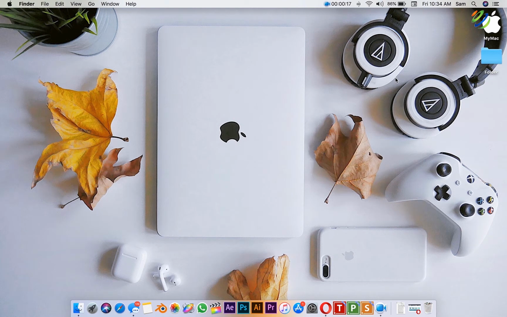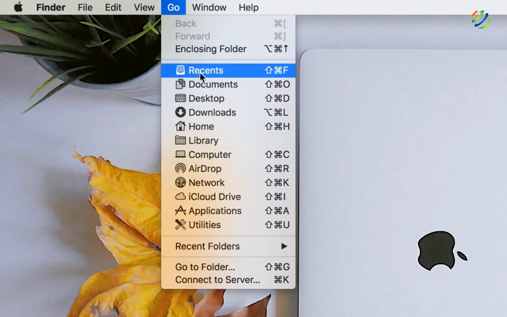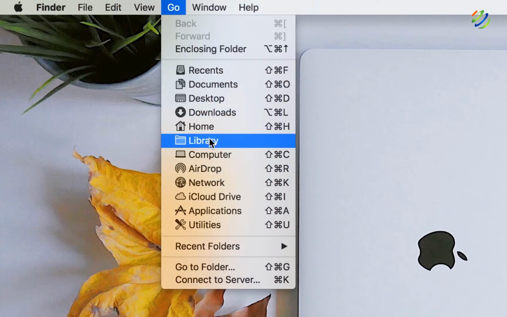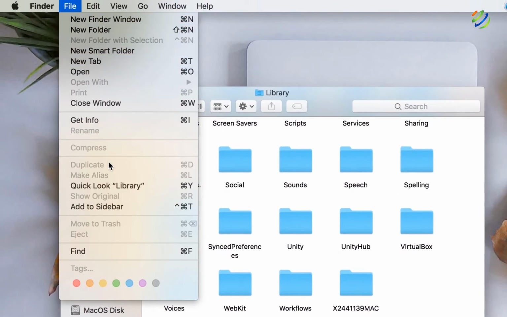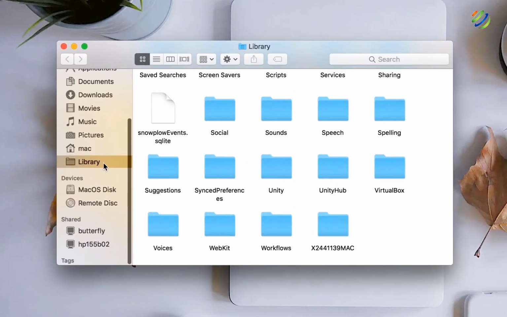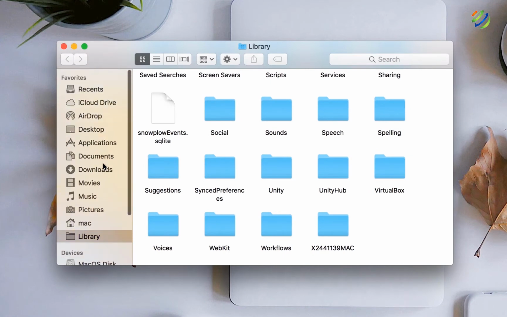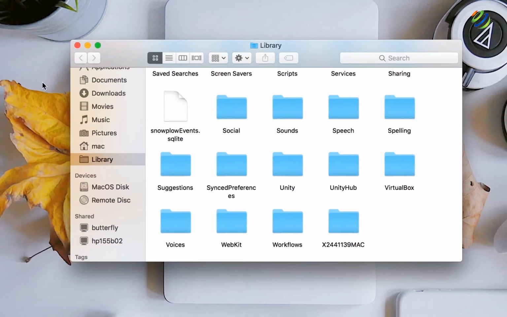The user library contains configuration files and folders for the applications and settings on your Mac. By default, this library is hidden within Finder, but it is easy to reveal the location by clicking the Go menu in the Finder and holding the Option key on your keyboard. Upon doing so, the user library folder will appear as an option. Click the library folder to open it and go to File, Add to Sidebar to add the user library as a sidebar shortcut. Of course, the user library should only be accessed if you know what you are doing, but I often use it to manage application preferences and to access configuration.